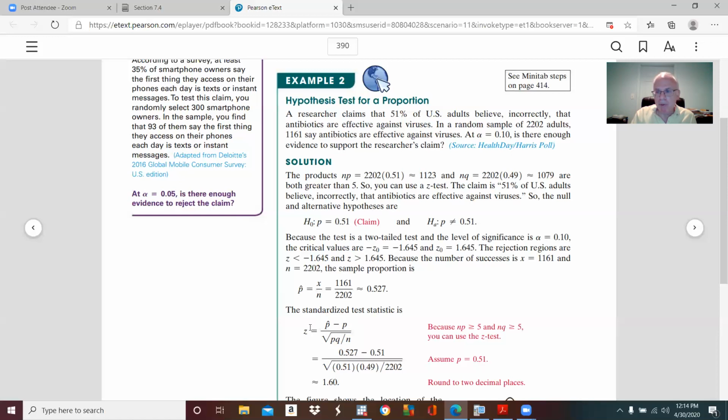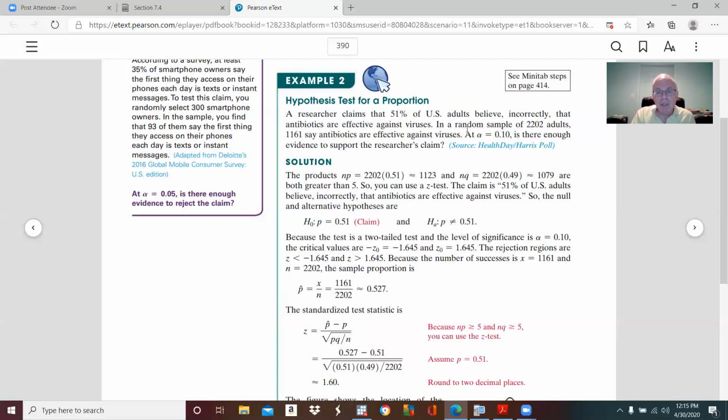So that would be step number 3. First we state our null and alternative hypothesis. That's step 1. We do our little np and nq calculation to see if we have a normal sampling distribution. That's step 2. Step 3 is to calculate our test statistic, but they don't give you p hat in this